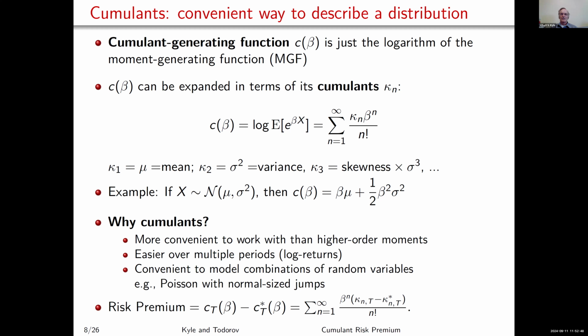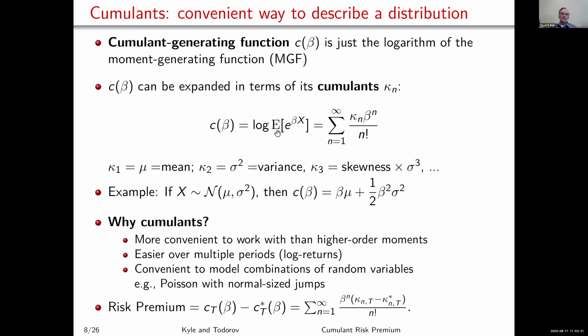And the cumulant generating function is basically another way of expressing the moment generating function. It's just a log of the moment generating function. So if x is any random variable, the definition of the cumulant generating function is here. It's the log of the expected value of e to the beta x. So we're going to think of x as being something like a log return. And so if beta is 1, e to the x will be something like a gross return. It'll be like 1.03 if the market goes up 3%. And then the log of that will be the log of 1.03, approximately 0.03, but not exactly.